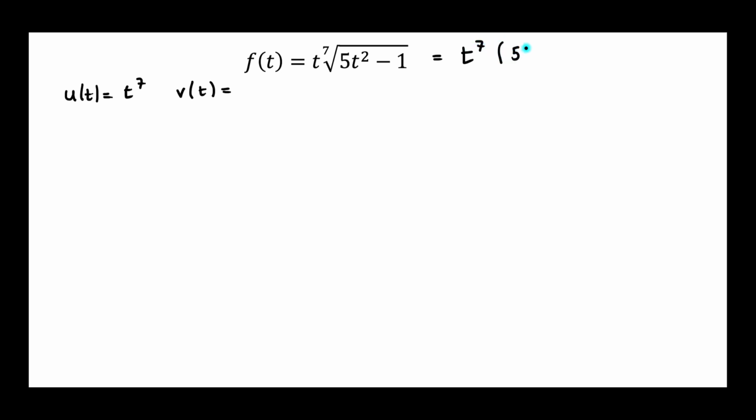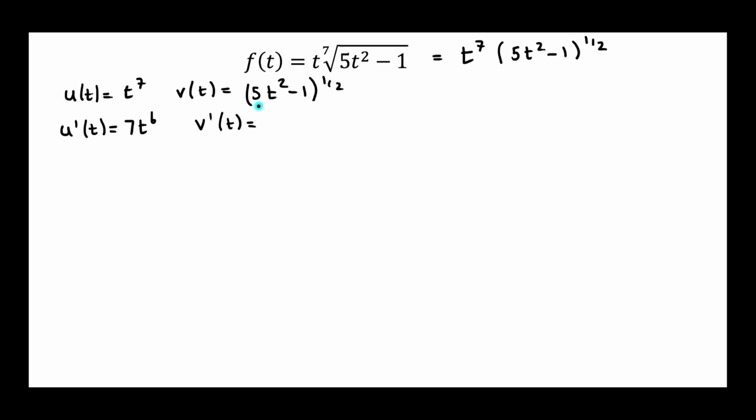So it'll be 5t squared minus 1 to the power of a half. Now if I differentiate this here, u dash t would give me 7t to the 6,